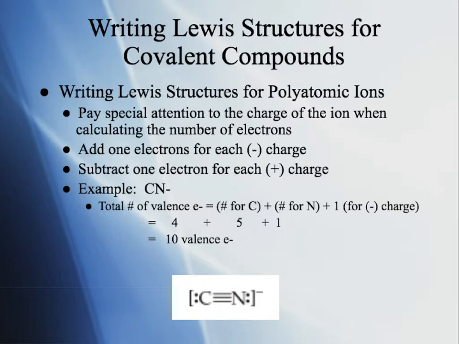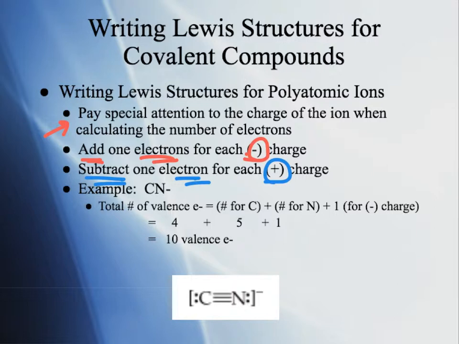Remember, polyatomic ions are groups of atoms with a charge. They are covalently bonded groups of atoms that have extra or not enough valence electrons. So when you are writing Lewis dot structures for polyatomic ions, you want to pay special attention to the charge of the ion when you calculate your number of electrons. You're going to add an electron for each negative charge, and subtract an electron for each positive charge. Because remember, negative charges mean they have extra electrons, and positive charges mean that they have deficient electrons compared to